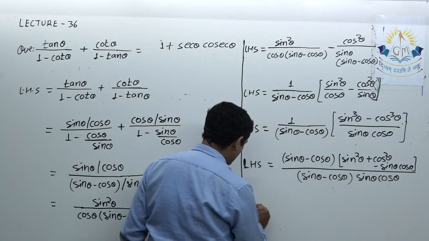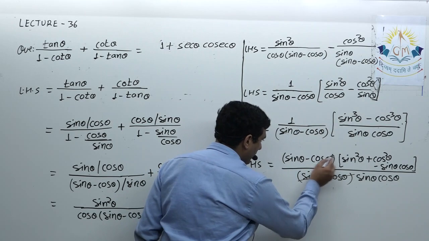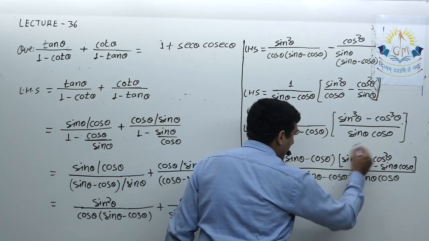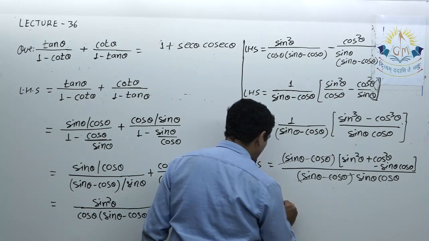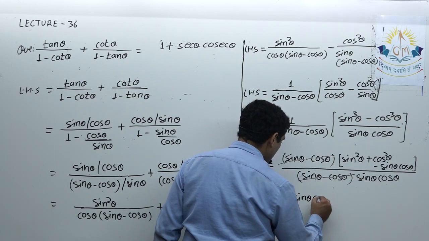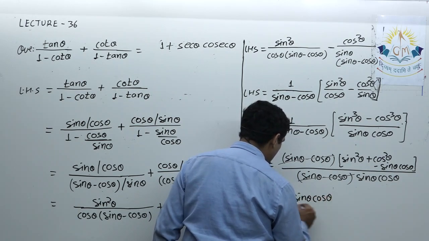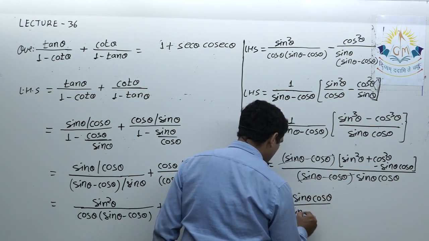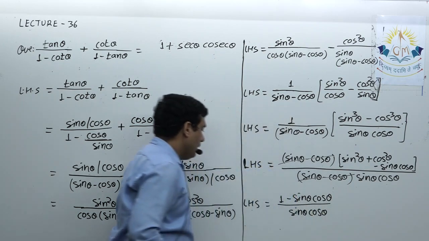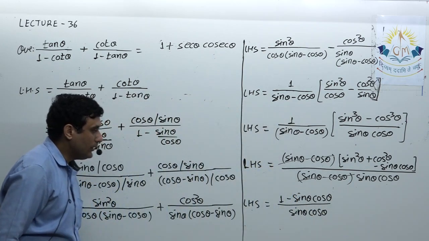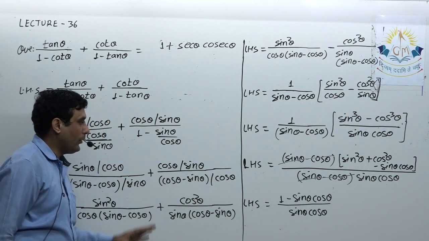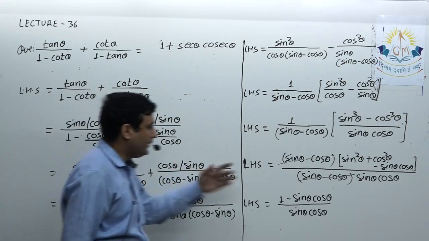Okay, so next step, now this sin theta minus cos theta I can cancel out, and in place of sin square theta plus cos square theta I can write 1, and this minus sin theta cos theta remains as it is, and this sin theta cos theta also remains as it is. So note it down up to this point. This is almost done, but note it down up to this point, then I will explain you once again and then we'll proceed.